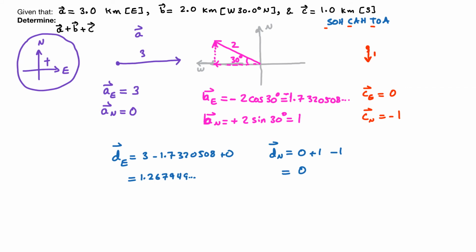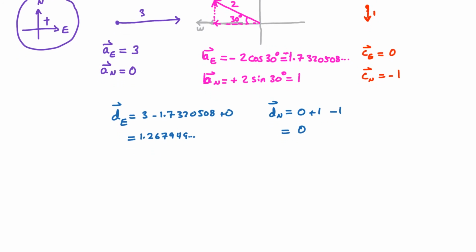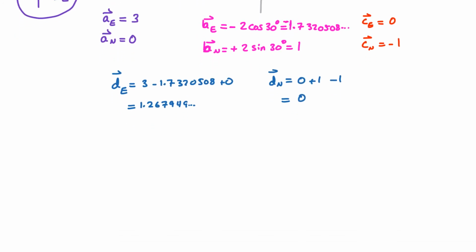Now that I have the two components, I'm going to draw them out. So I'm going to move up a little bit. In this case, the east component of my vector is in this direction, and it's got a magnitude of 1.267949. And the north component is 0. It doesn't move in this direction, so I don't have to have any components in that direction. So my vector ends up just being this, meaning that my vector D